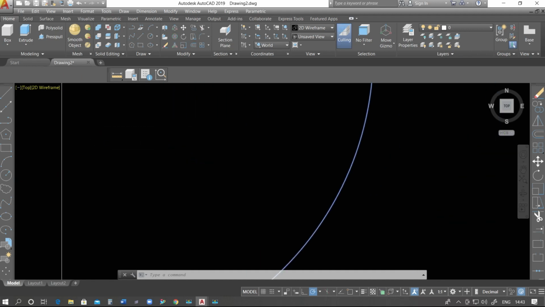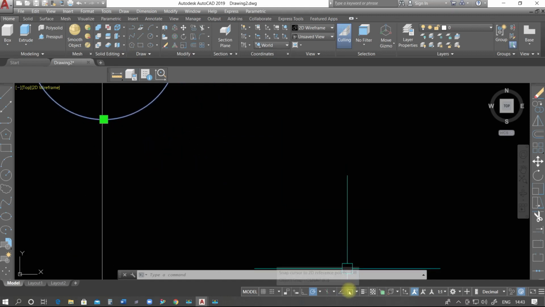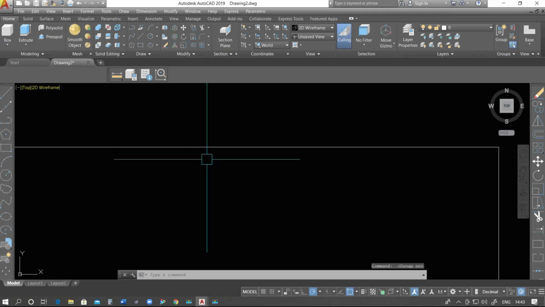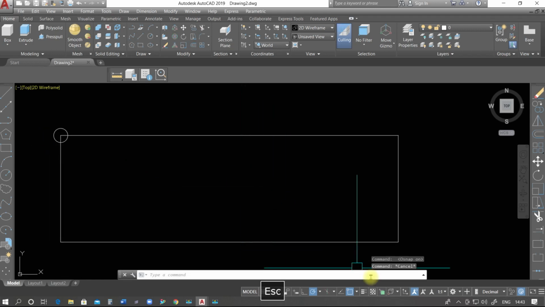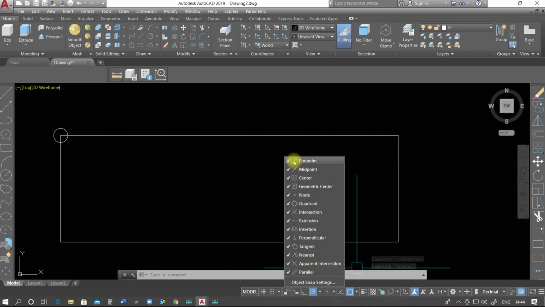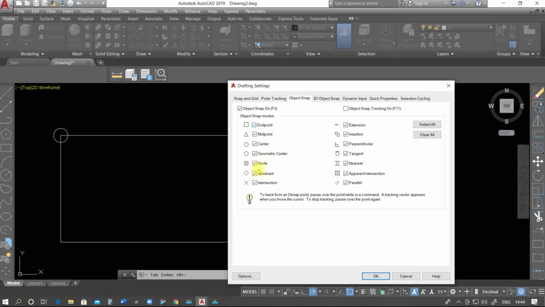So we have to check this command. What was that? It is object snap. As we check this command, object snap, we will easily locate the mode of the geometry. How to set this one? You just directly right click on the object snap option, and we see that these are the modes. Through these modes we are able to see the position and location of the geometry in a very proper way. So this is a very important topic, guys and students. You must consider this one.